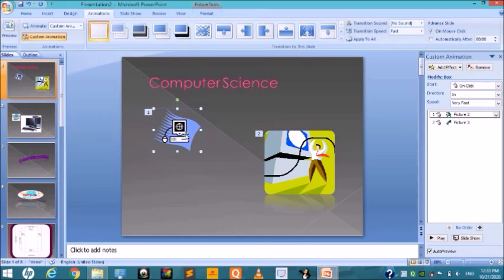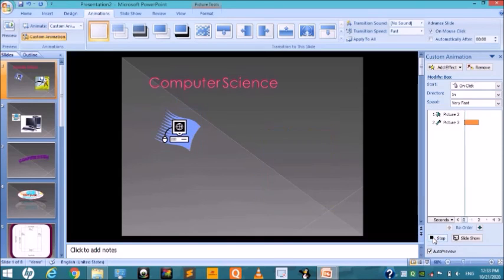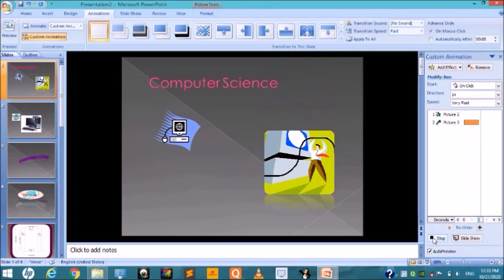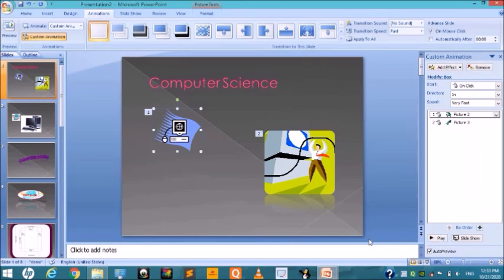This image is inserted first and then this object is inserted next. Firstly this object is inserted and second this object is inserted. In this way, first and then second. Next I have to change the sequence.